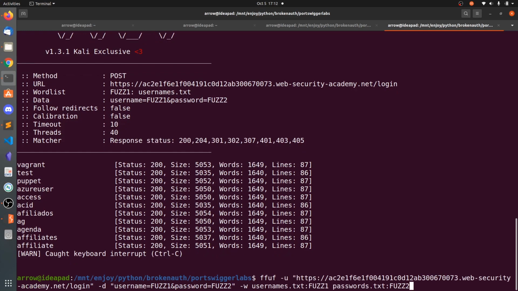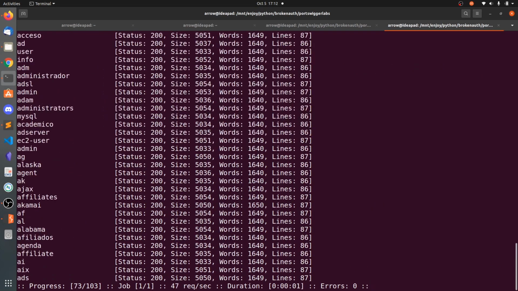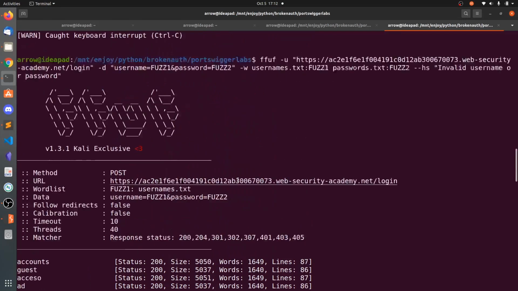So what we need is to hide the string with invalid username or password. We are getting so many.